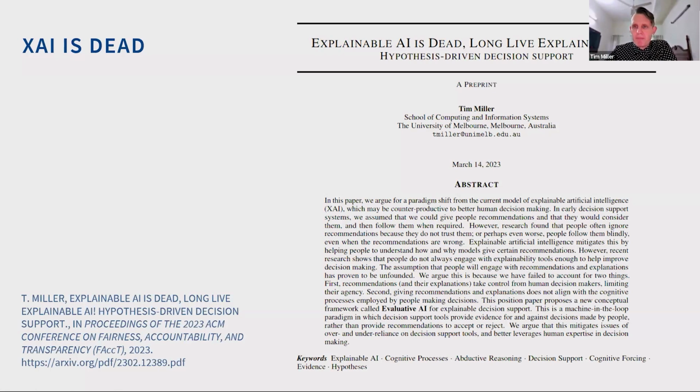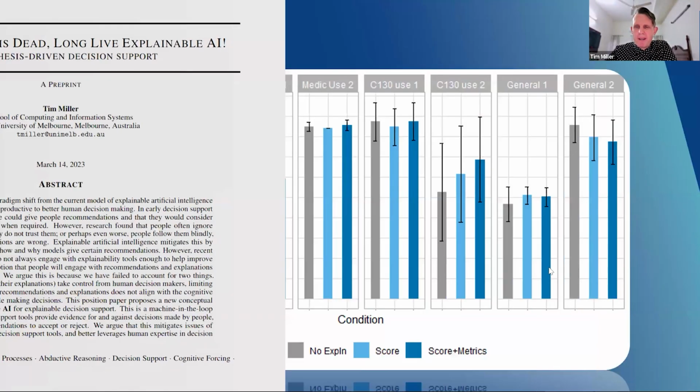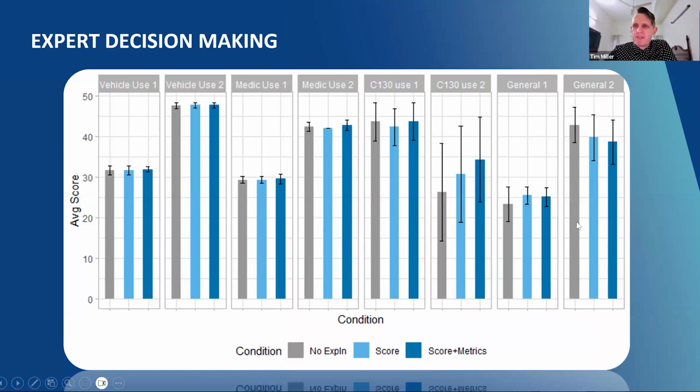I was inspired to write this paper and to start writing grants around this area by seeing results like this. This is a graph from a paper of my own, which wasn't a medical study. It was a study with the Defence Science and Technology Organisation, a human behavioural experiment where people are using decision support tools. Along the bottom we had 3 conditions. Don't worry about what these are, but we basically had a baseline condition and 2 explainability conditions. When we ran these with expert and semi-expert users, we see that these tools have very little impact.